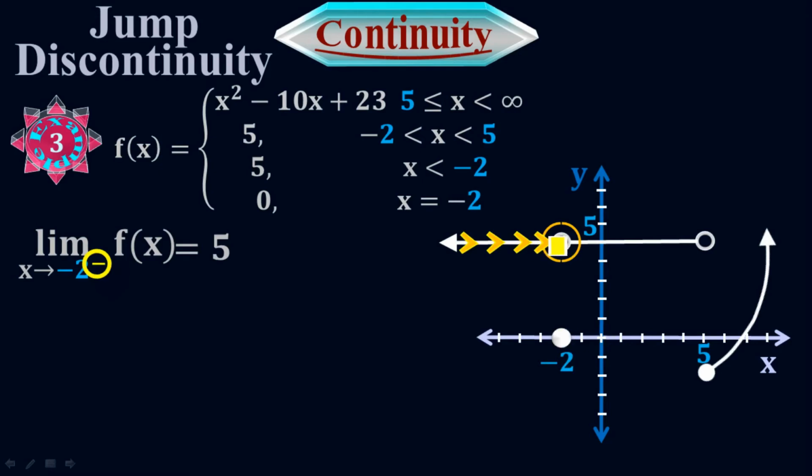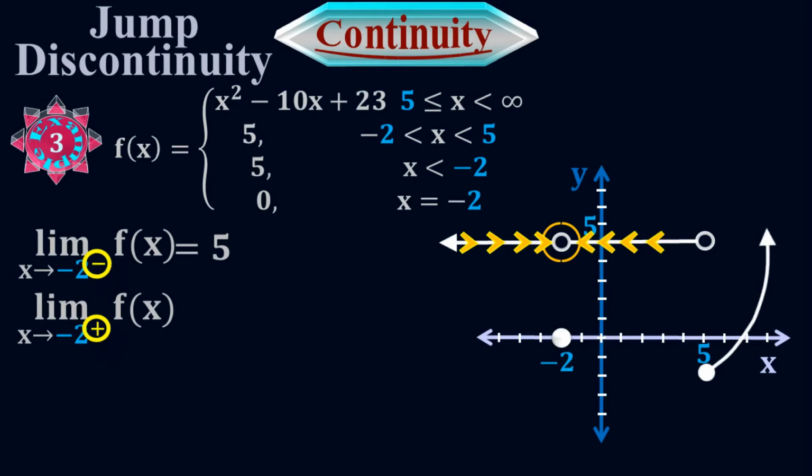This piece of the graph lies on 5 along the y-axis: 1, 2, 3, 4, 5. 5 is my left-hand side limit. My right-hand side limit will be the limit of f of x where x approaches negative 2, but from the right side. As I was getting closer and closer and closer to the point which is extremely close to negative 2,